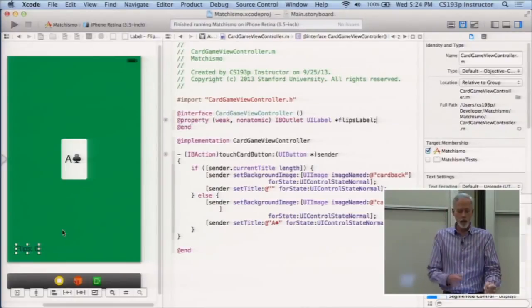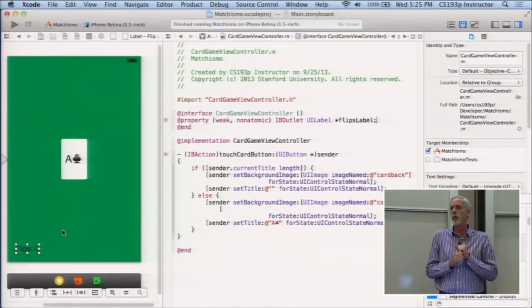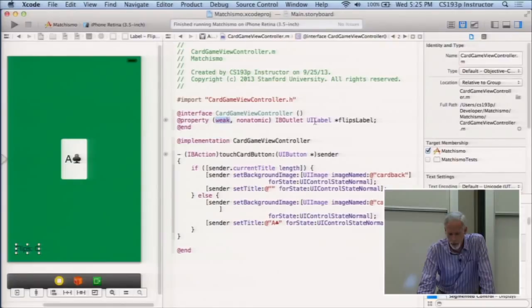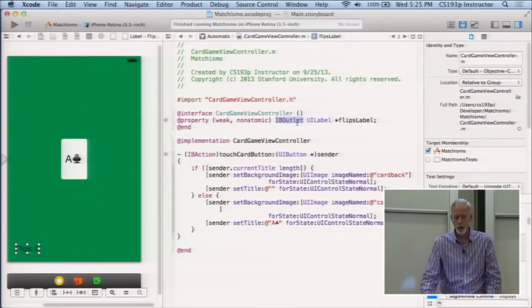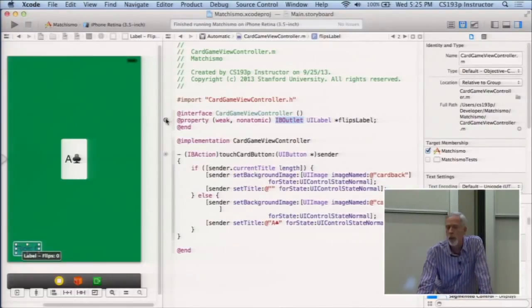The view will. And if this label ever leaves the view, it will get cleaned out from the heap, and this property, this pointer to it, will get set to nil, which is exactly what we want. Because if that flips label is not in the view, we don't want to be updating it or sending messages to it. So that's a great use of weak right here. This is a normal property that you're used to, except for maybe this IB outlet. That's just like IB action. It's a meaningless thing the compiler ignores that Xcode is using, okay, so that it can do this, show you what it's connected to when you